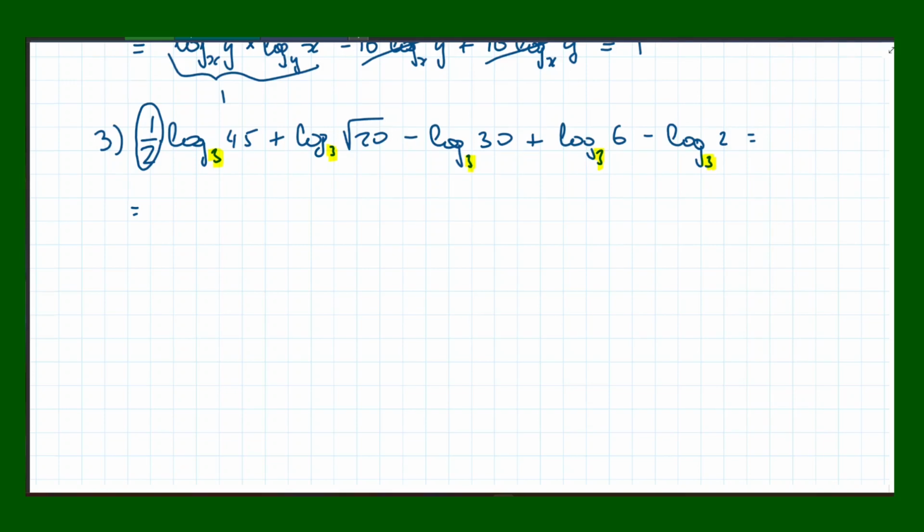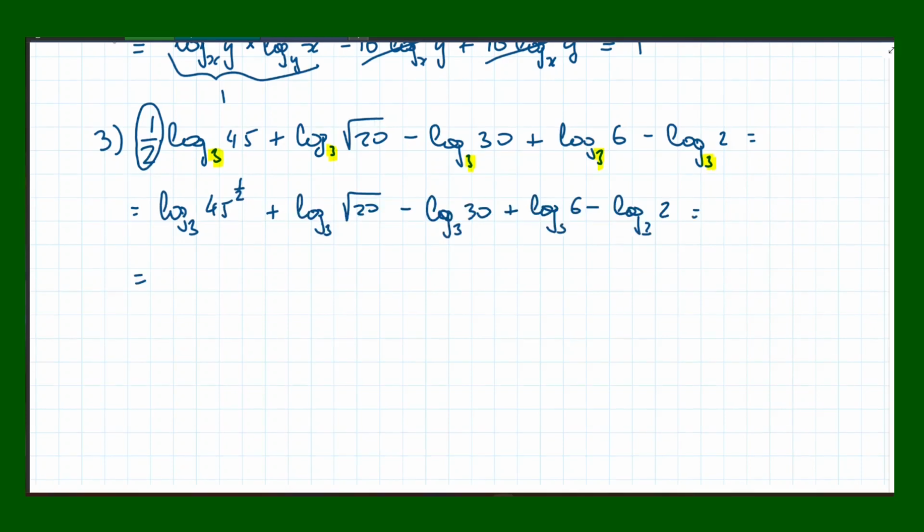So we need to remove that before we can bring these log expressions into one log sign. So the first thing that I need to do is log base 3 of 45 to the 1/2, which I'm going to remember is always a square root. But for now, I'm just going to copy the rest of the expression. Next, I'm going to keep log base 3,